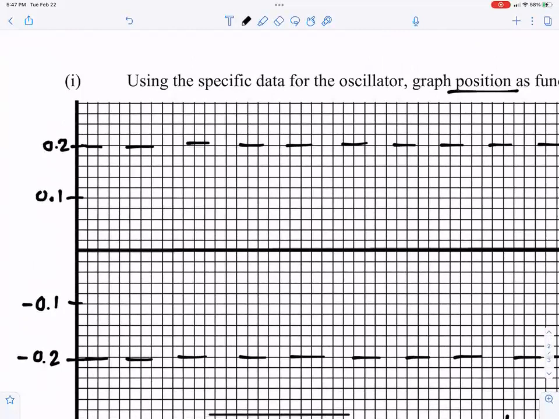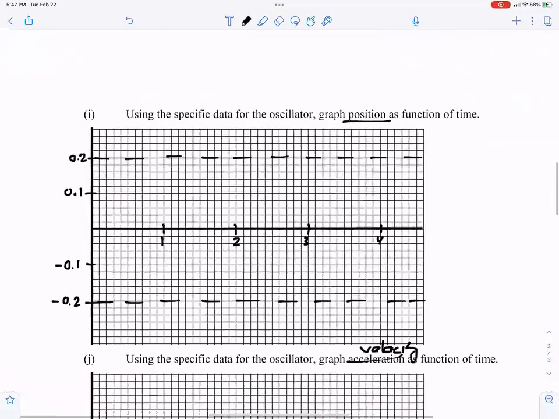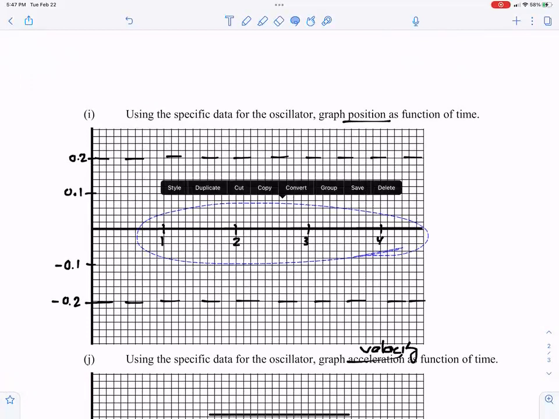So 1, 2, 3, 4, 5, 6, 7, 8, 9, 10. There's 1 second. Another 10 boxes, there's 2 seconds. Another 10, there's 3 seconds. And another 10, there's 4 seconds. Okay. And what I'll do is I'm just going to copy this exact same x-axis down on